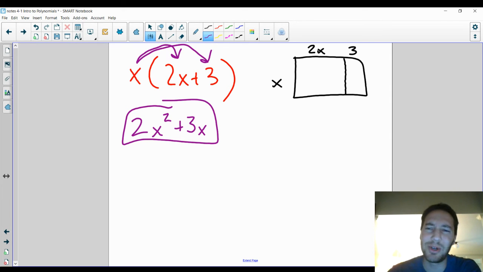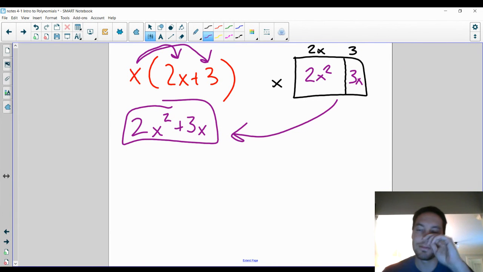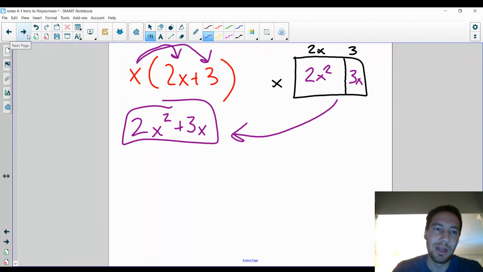What's this thing doing over here? Well, my mom always told me that some people like visual models. All right, actually, it wasn't my mom, it was my grad school professor. But imagine we were multiplying a rectangle where one side was x and one side was 2x plus 3. See how this ties in? This little box is going to be 2x squared. This little box is x by 3, so that's going to be 3x. Add those together, you get the same answer. Is that necessary? Probably not, but it might be a little bit more helpful as we get to a real